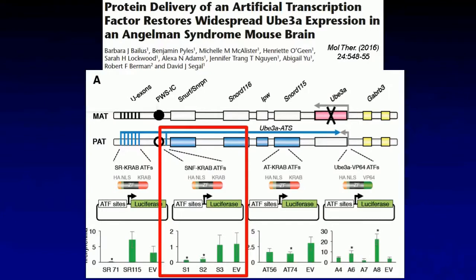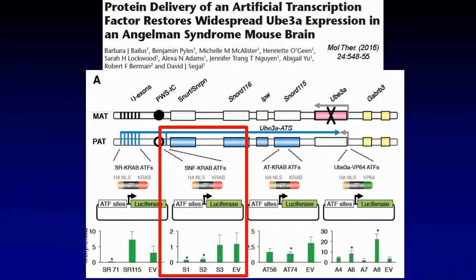So I want to tell you a little bit about the work that we've done in this area, and this was published also this year in Molecular Therapy. We've been looking at neurologic disease, and in particular one disease called Angelman Syndrome, which is a rare neurologic disease resulting in cognitive deficits and learning disorders. Children with this disorder often don't develop language more than a few words. They're often also associated with seizures, sleep disturbances, and some characteristic ataxia.